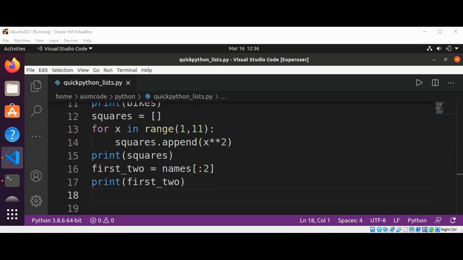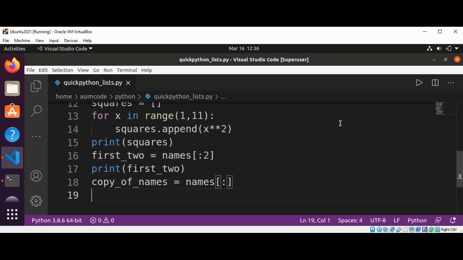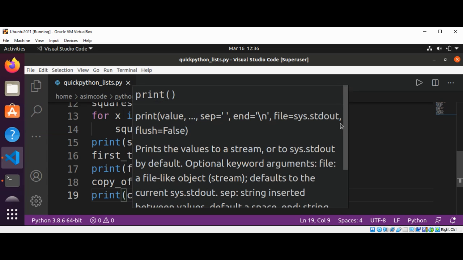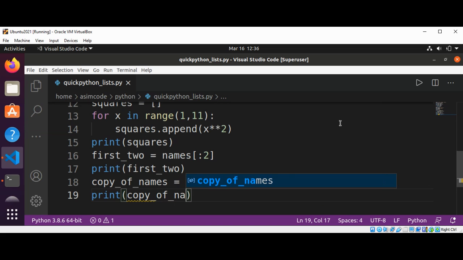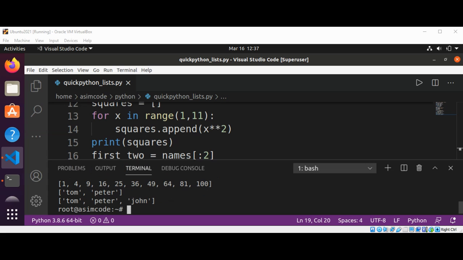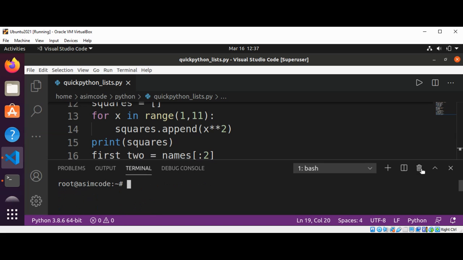We can also copy a list. So this will be our copy of names. We can assign it names and colon inside square brackets, and we can print the copy list, copy of names. And here we have the copy of our list. I will just clear the terminal,